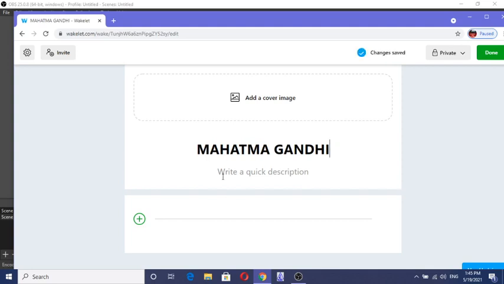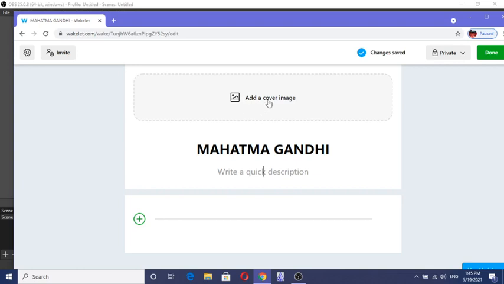For example, I have chosen the title Mahatma Gandhi. That means I want to collect here the different relevant materials upon our Rashtrapita, our father of the nation, Mahatma Gandhi. Hence I have chosen this one.